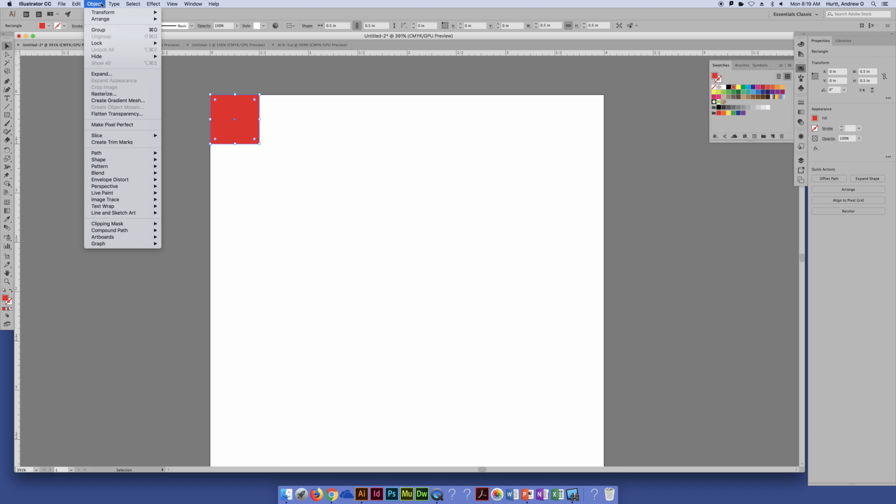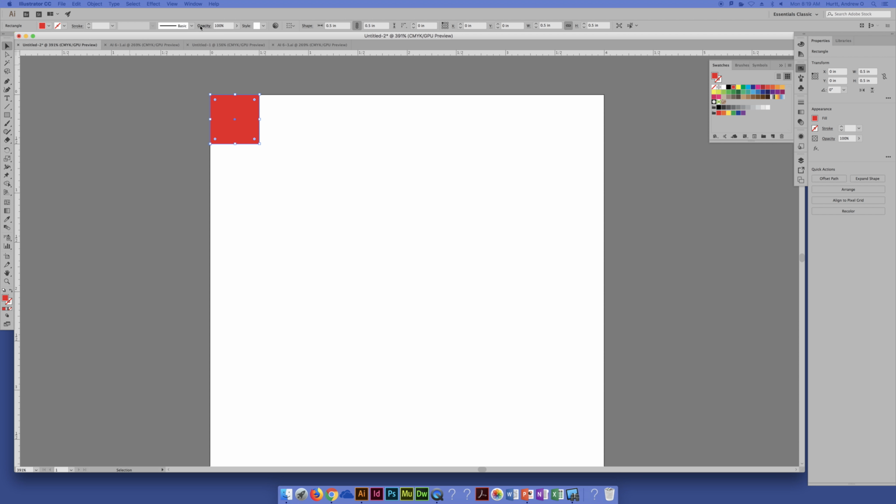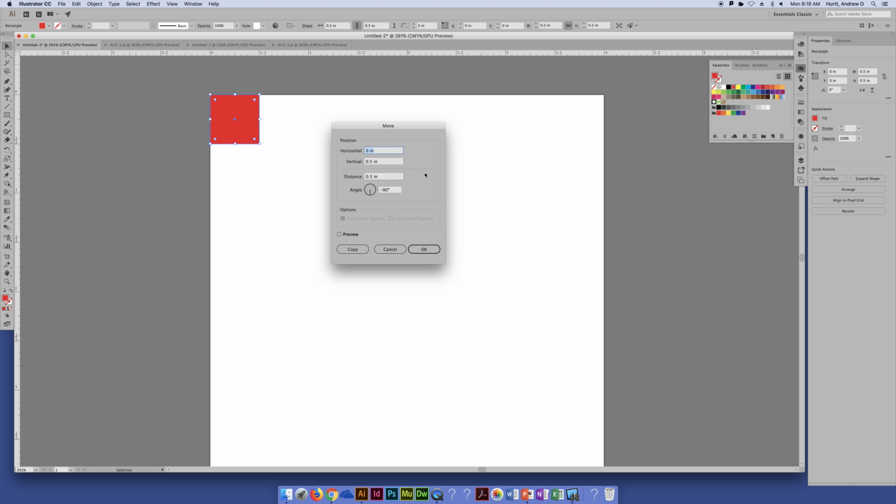And then we're going to go to Object, and under Transform, technically a move is a transform. And when we hit Move, actually move it to this window. I'm going to hit preview. I always like to hit preview just to see where it's going to go. And you'll see here, the last time we did this, it was vertical. So what we're going to do is move this horizontally a half an inch. I'm going to make that vertically 0,